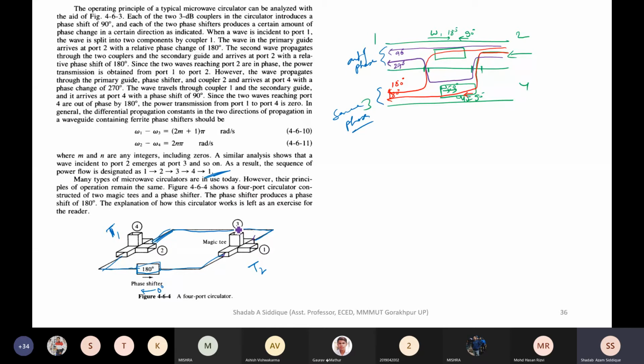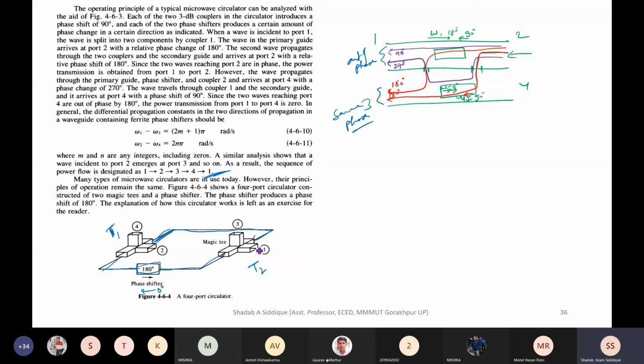I hope you remember the example of the mobile phone which you take on your palm, and you take one more mobile phone vertically on your palm. That is the E arm, and this is the H arm. The E arm is also called the difference arm. The H arm is also called the sum arm, the summation.